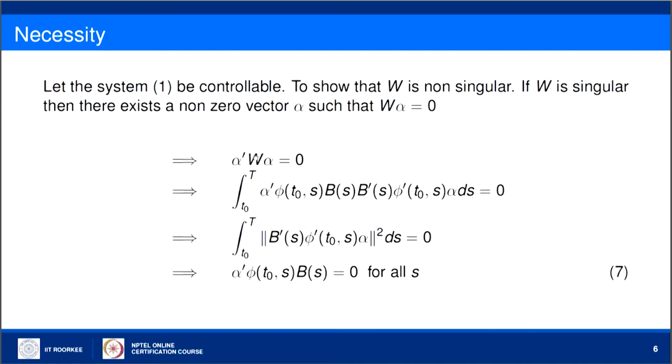The remaining is the definition of W, phi(T0, S) B(S) B transpose(S) phi dashed(T, S), and then again alpha into ds. So, the first 3 products and the next 3 products can be written as the transpose of each other. So, ultimately the value is nothing but B transpose phi transpose(T0, S) into this expression. So, it is nothing but integral T0 to T, we have this expression as